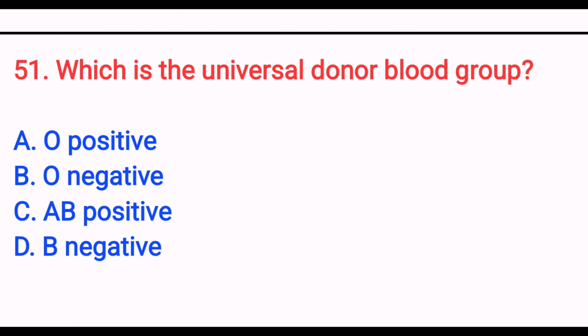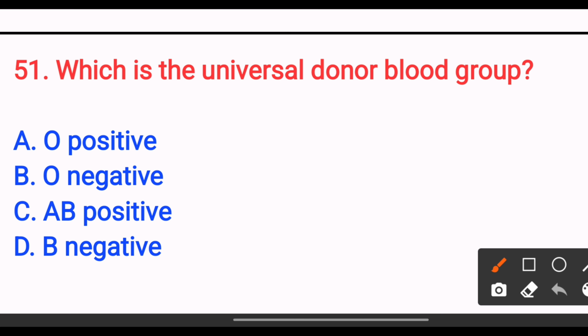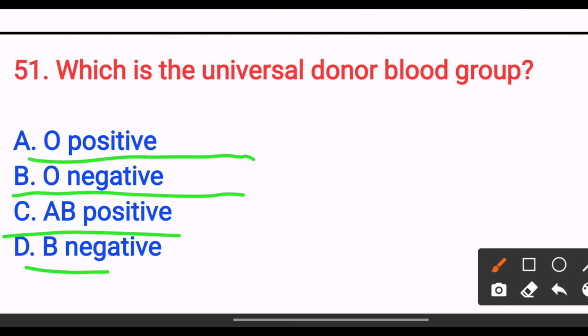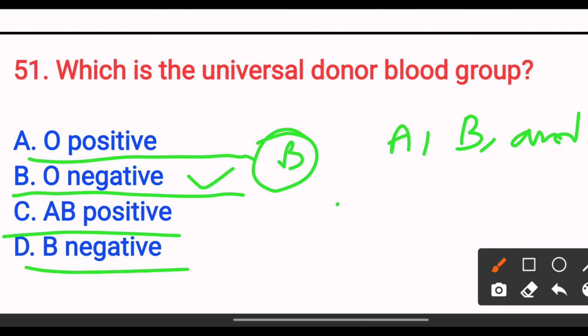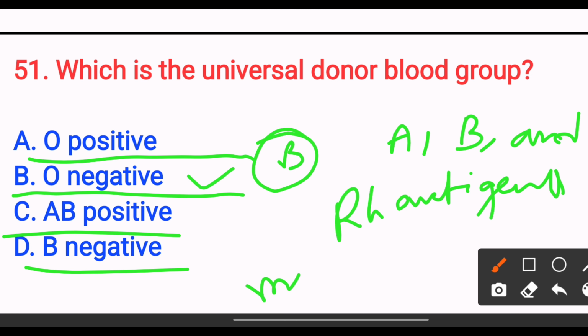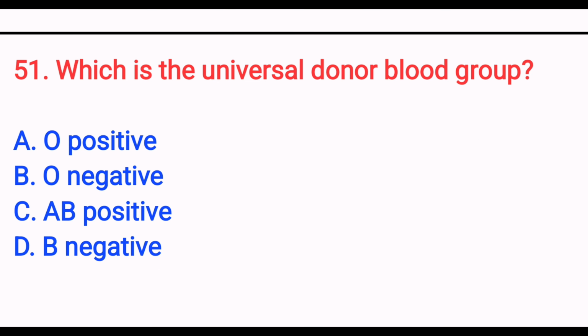Which is the universal donor blood group? Option A O positive, option B O negative, option C AB positive, option D B negative. The answer is option B O negative. O negative blood lacks A, B and Rh antigens, making it compatible with all blood types for transfusion. So the answer is option B. Next,